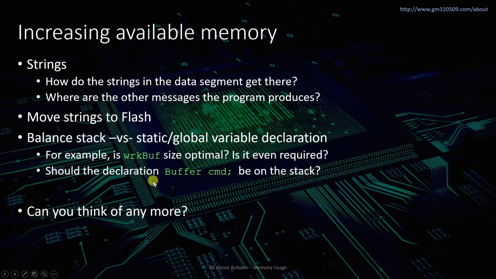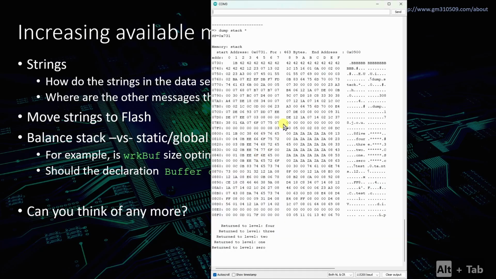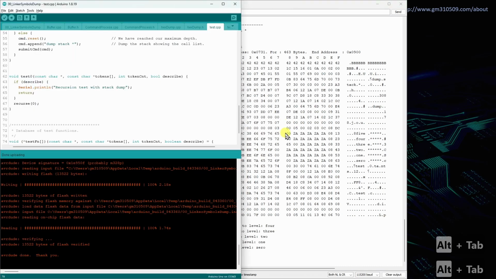What else did I put there? Do we even need work buff? Is it required for this example? What do you think? Anyway, I'm going to give you the answer. It'd be nice if you left your answer, what your thoughts were, in the comments, be honest. But do we really need it? And the answer is no,